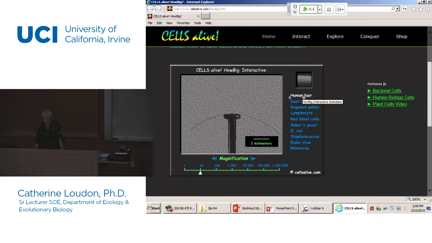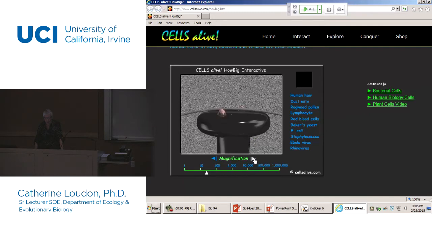So in fact, the first thing here is a human hair, and we can see that a bit better as we zoom in. So here again is the head of the pin. Here's a human hair, something that we're familiar with intuitively, the size of that. And as we zoom in, we can start seeing some things that were not apparent before.